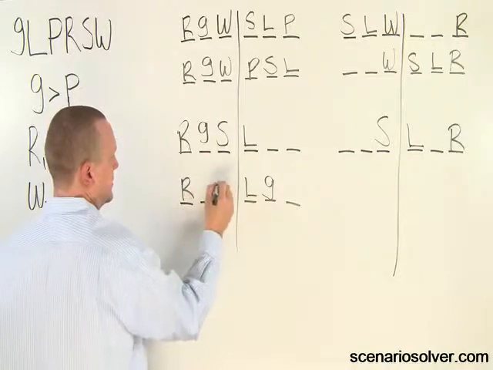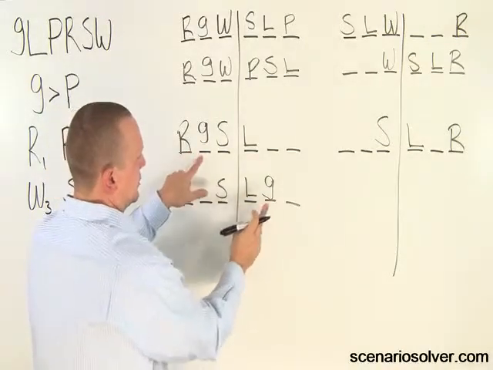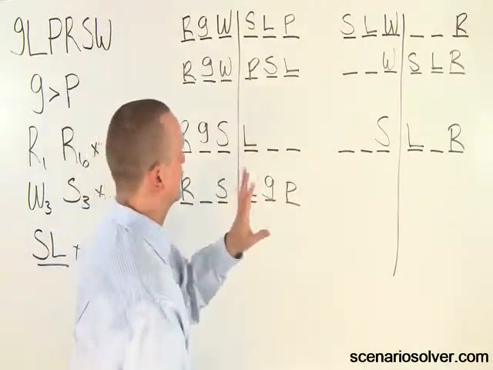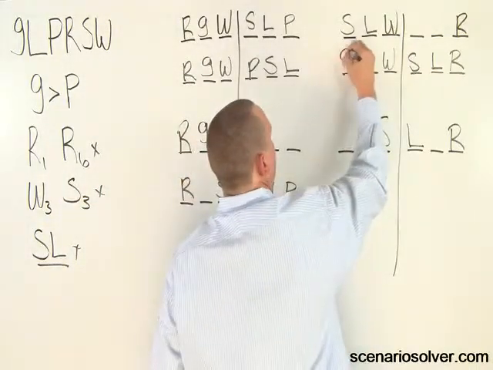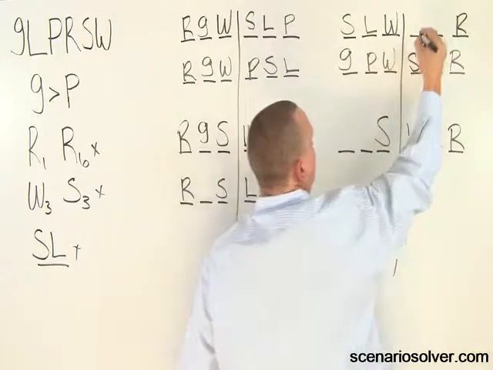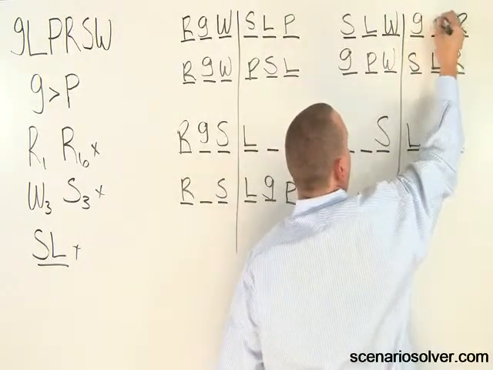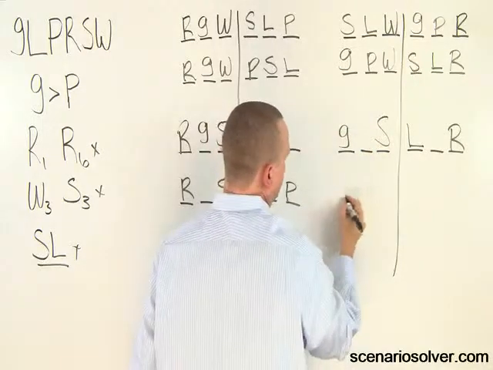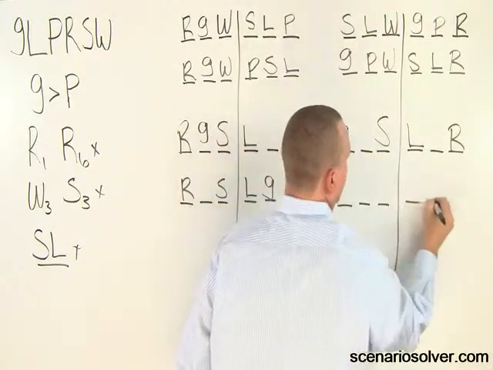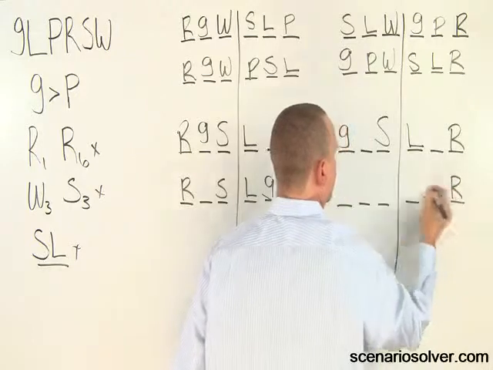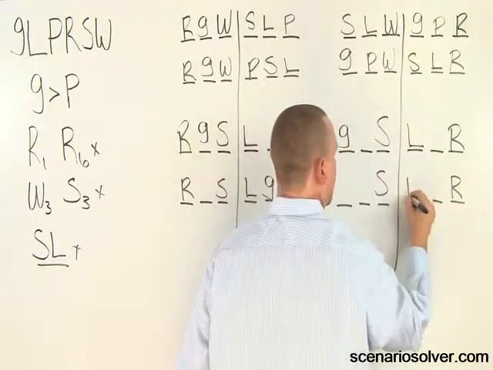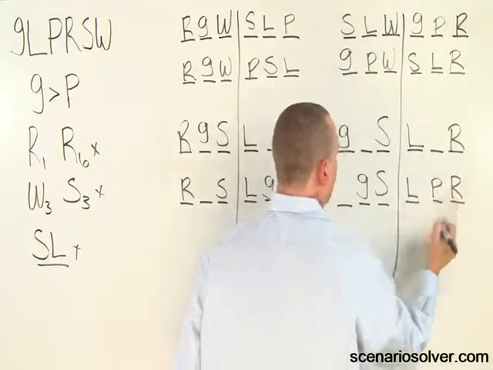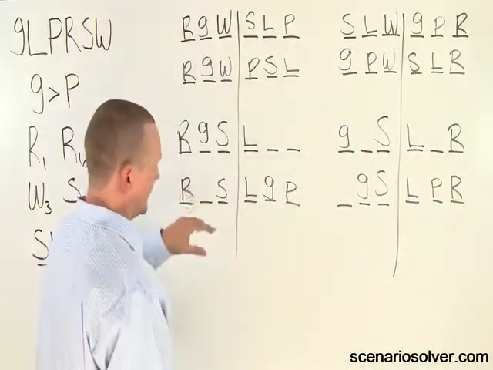All right, G can only go here and here. Here there's a P. All right, I'm going to just leave this for just 1 second. Here we can just fill it in. G is before P. G is before P, and in this one, again, we can only have G in 2 spots. And G is before P here. And so we're just left to fill in